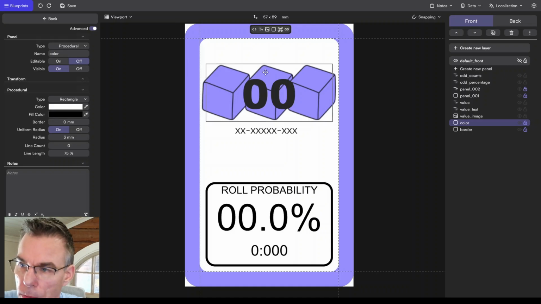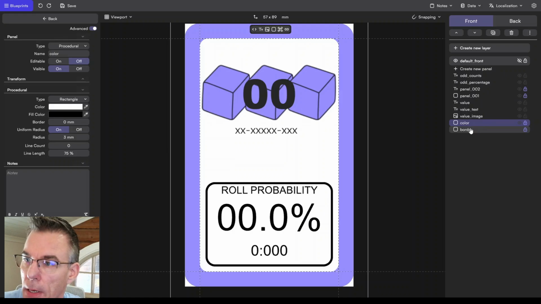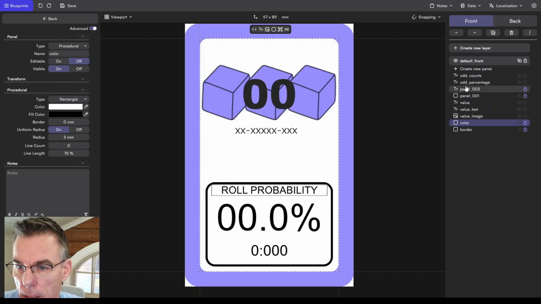Also here, it is very important that the names of the panels on your blueprint tell you what information is contained there. Okay, I have name here panel 002, so that doesn't tell me anything.